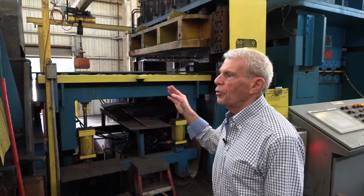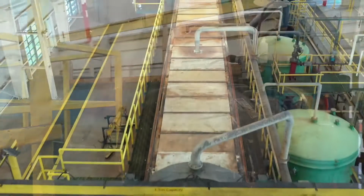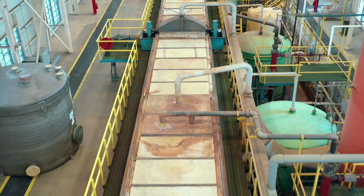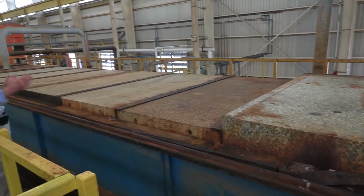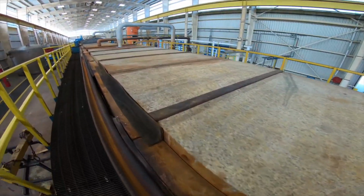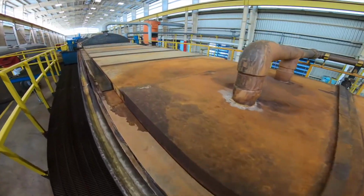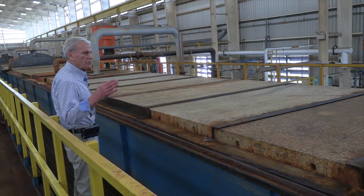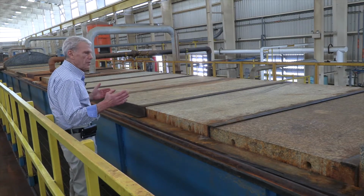As we go from here, we enter the first pickle tank. A squeegee roll in front and at the end of all the tanks keeps the acid from going from one tank to the other for a long period of time. What you are beginning to see as the camera moves around are the acid tanks that clean the steel. We're using hydrochloric acid in different percentages, and there are 3 60-foot tanks in this line. Between each of these 3 tanks are sets of squeegee rolls, hard steel rolls covered with rubber, to try to keep the integrity of each tank